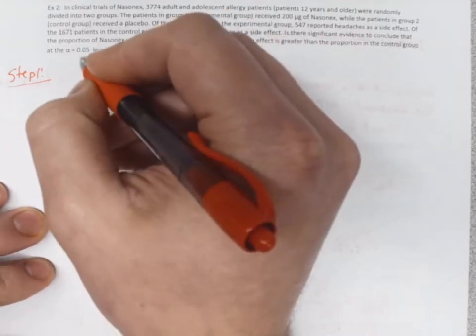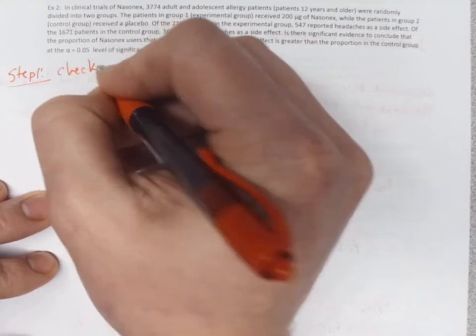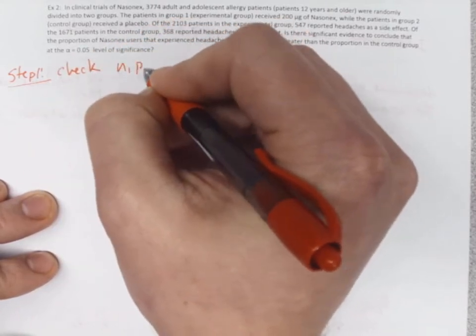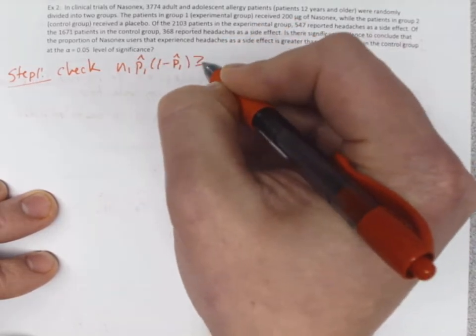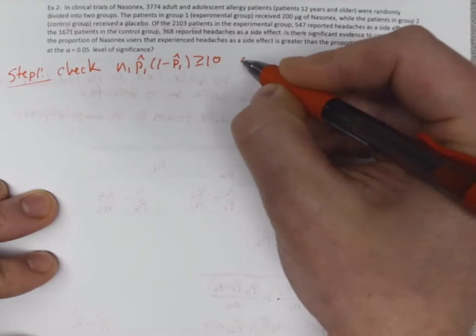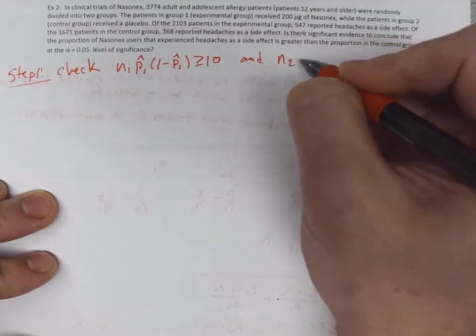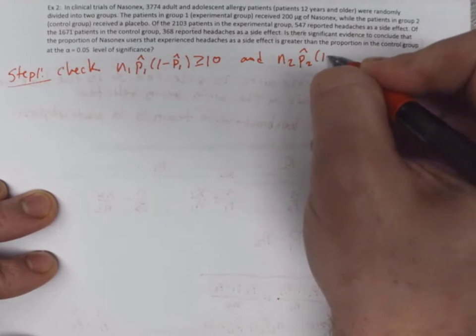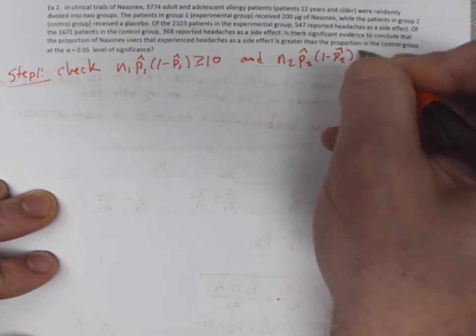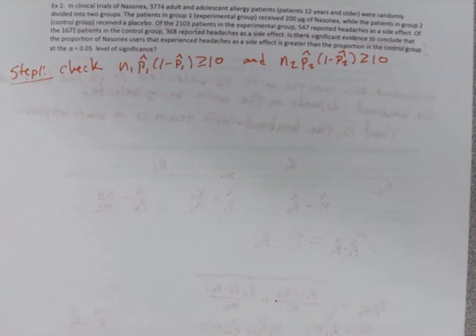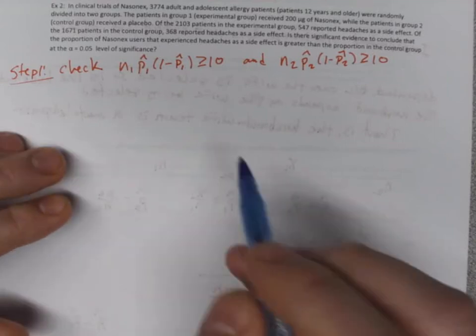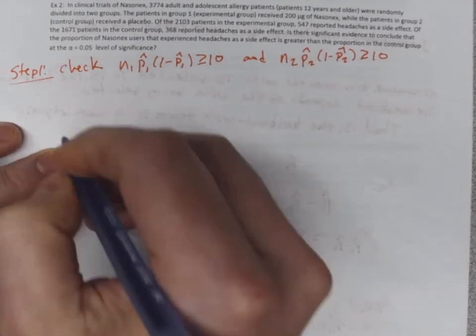But step 1 is to check n1 times P1 hat times 1 minus P1 hat is greater than or equal to 10. And we want to check n2 times P2 hat times 1 minus P2 hat is greater than or equal to 10. All right? So I'm not going to go into the actual checking of them. They work out here. But when you check it, you need to know what P1 hat and P2 hat are. So remember,